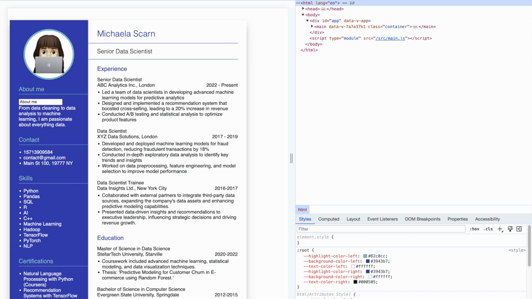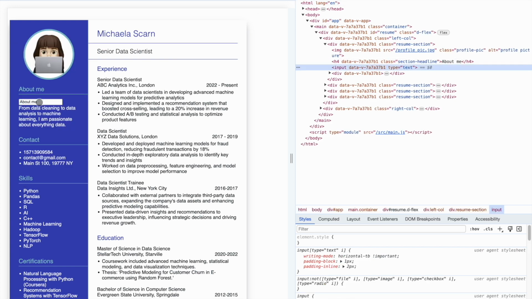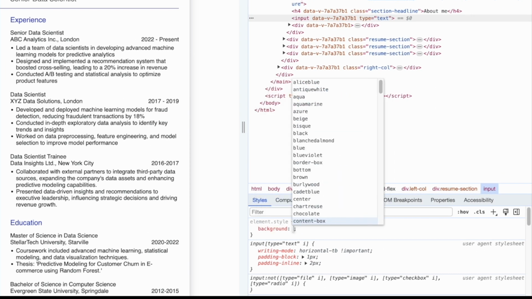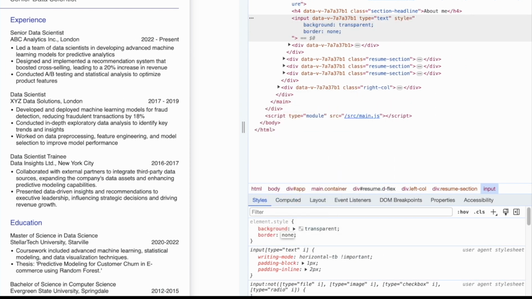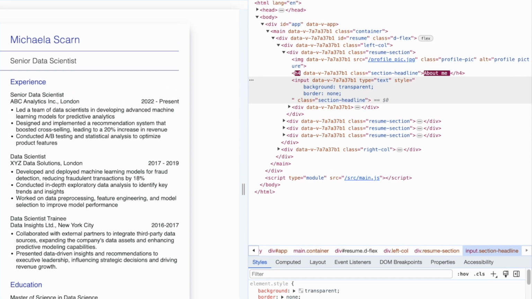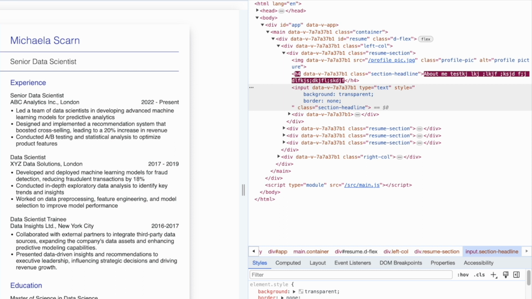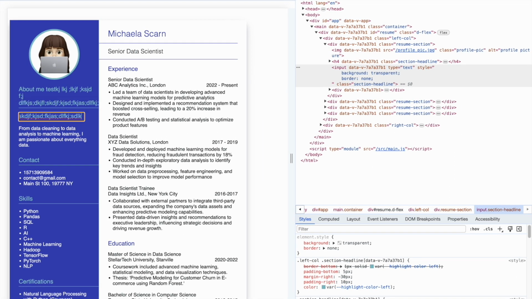Of course, we would have to change the styling of the input element to make it look like a headline again. For this, we could remove the background and the border. What we cannot fix is that an input element is only one line long. It cannot break and continue into the next line. It is best to keep the non-input elements, so H4 in the case of headlines, and add content editable true